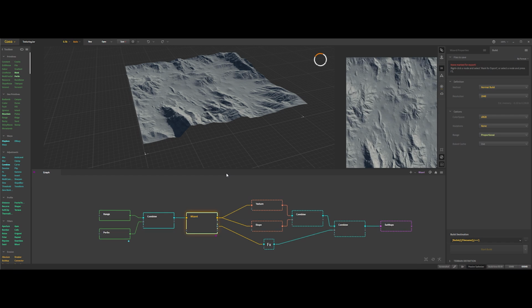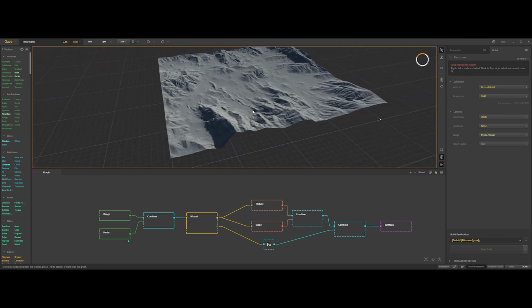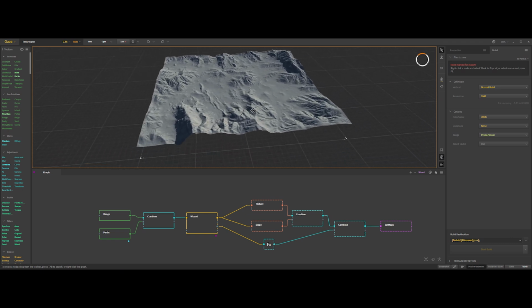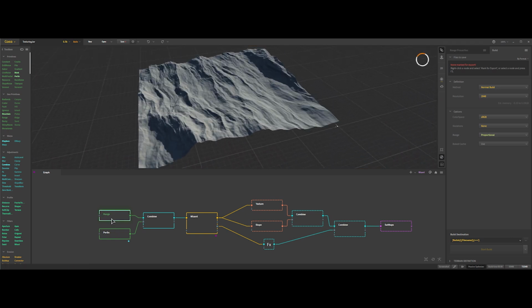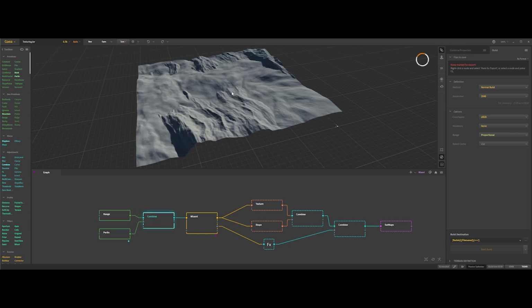Here's the layout. You've got a 3D viewport, a node editor, a tools section, and some settings on the right. To keep things clean, click the 2D icon to hide the 2D view. Zoom in or out: hold Alt and scroll. Preview a node, just select it and boom. It shows up in the viewport, with its settings ready to tweak in the side panel.